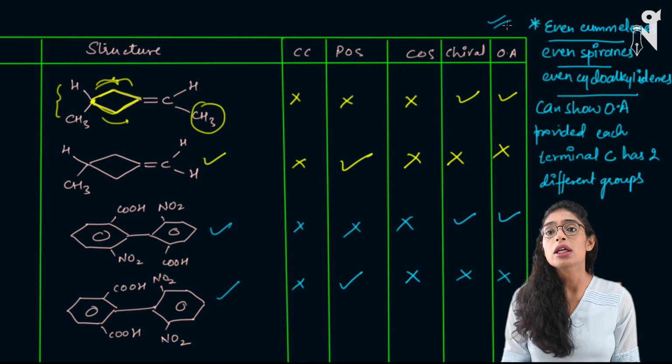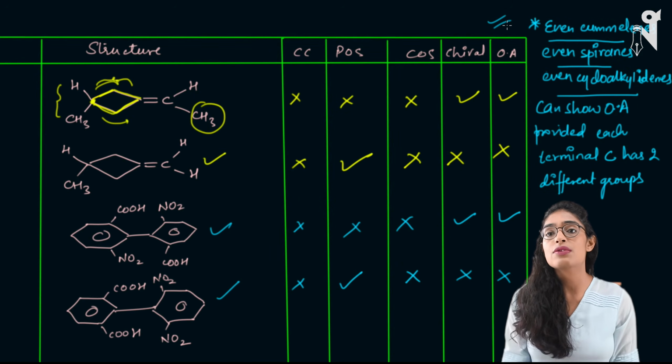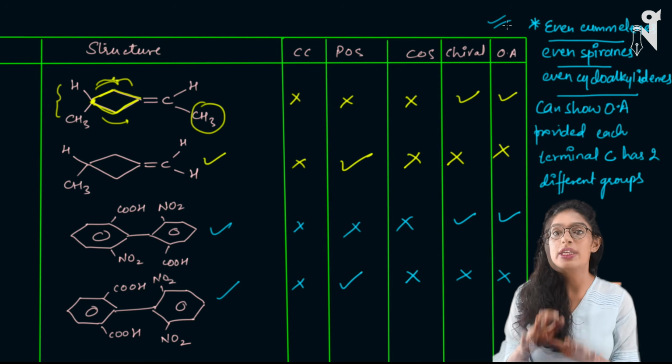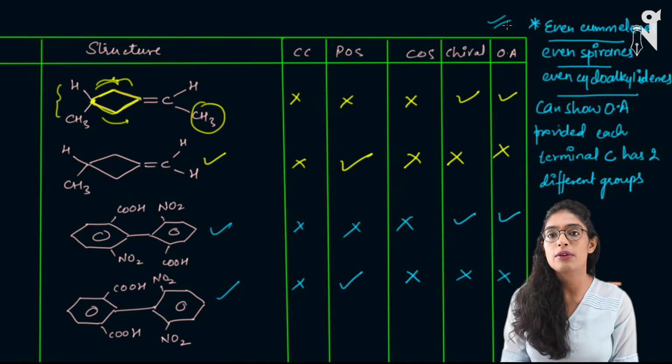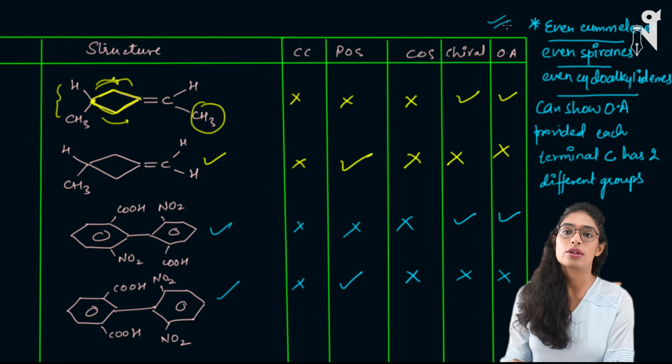So here we are done with the examples where we had to show whether different compounds can show optical activity or not, and what the bases are to check them. Next we will be talking about Fischer projection. The next part is the wedge-dash formula, Fischer projection and conversion of wedge-dash to Fischer projection.